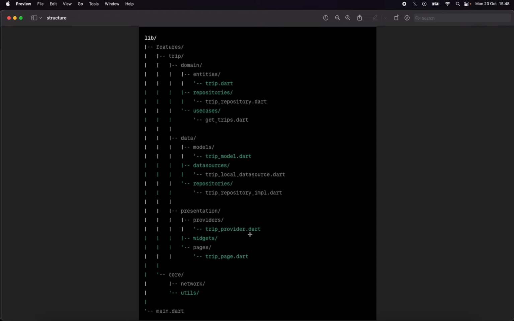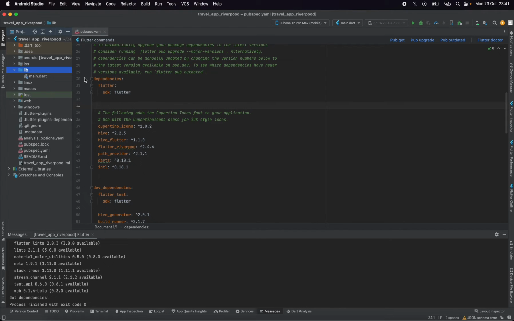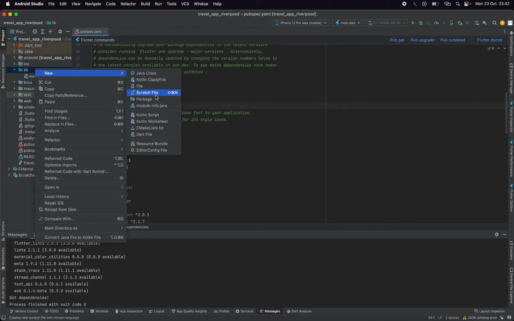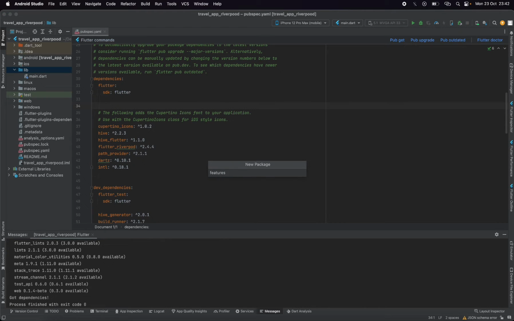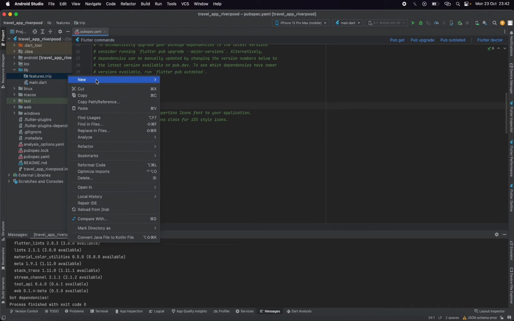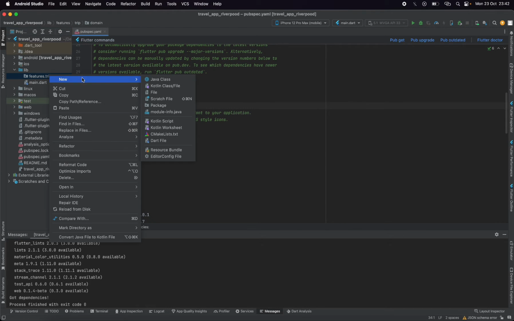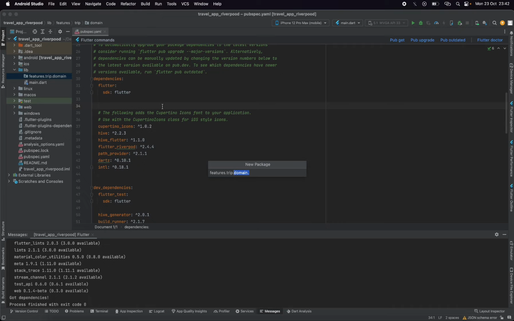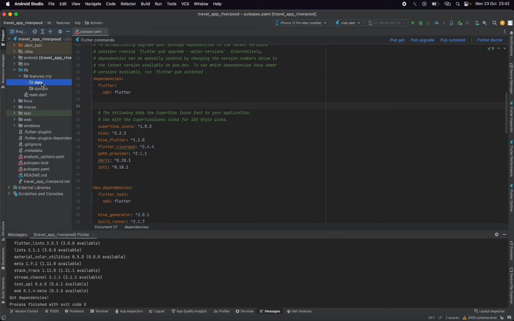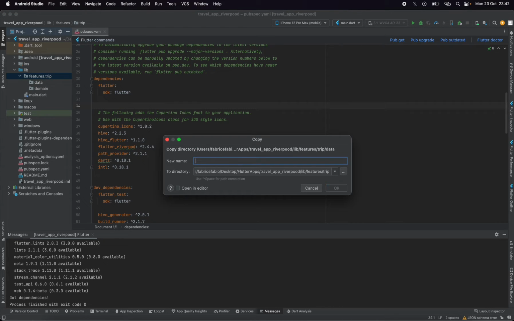Then we are going to create those files directly. Let's create those files and start writing our first line of code. But we are going to create the features folder first, and inside the features folder we are going to have our first feature, which will be trip. Inside trip we are going to have the domain layer, then the data folder, and we will also have the presentation